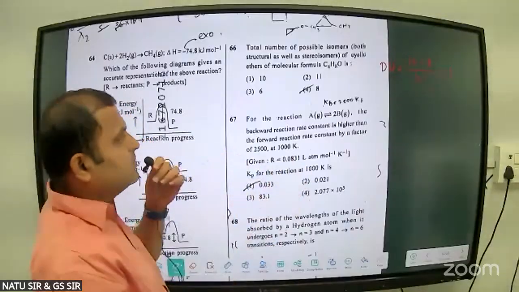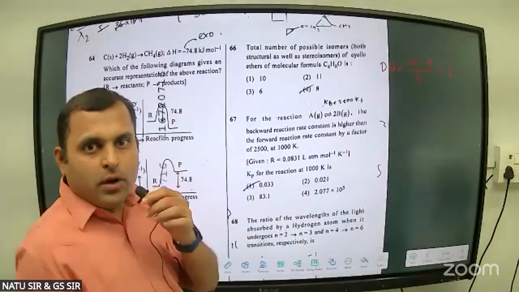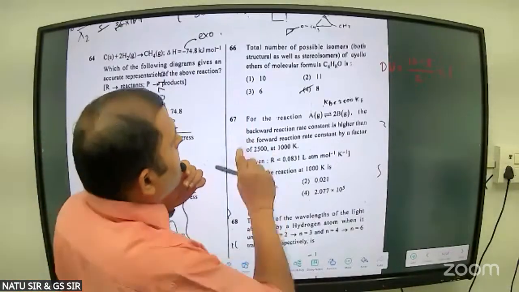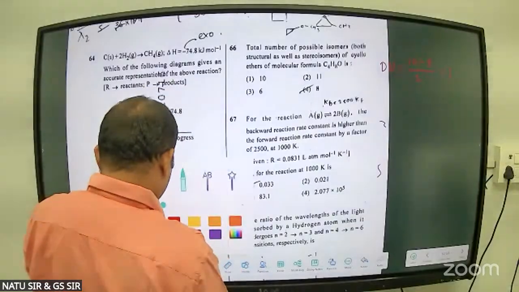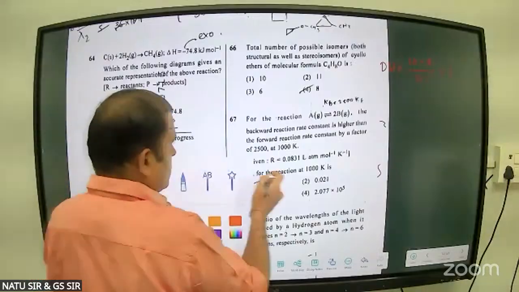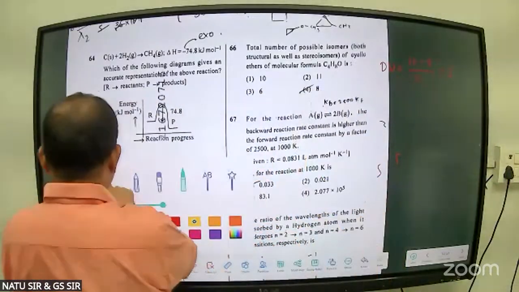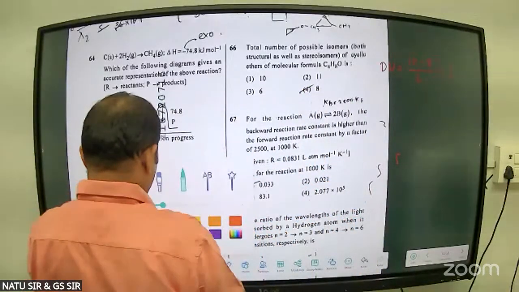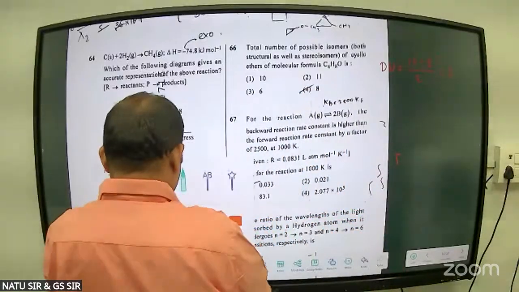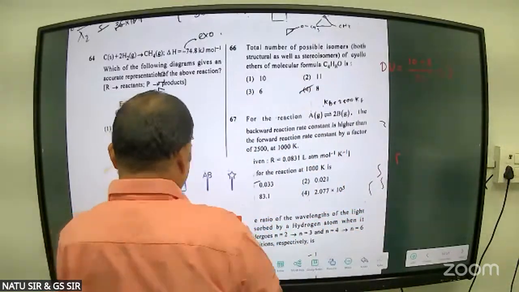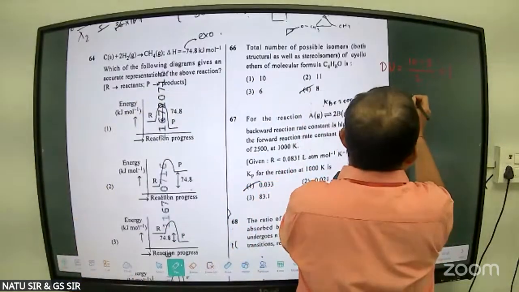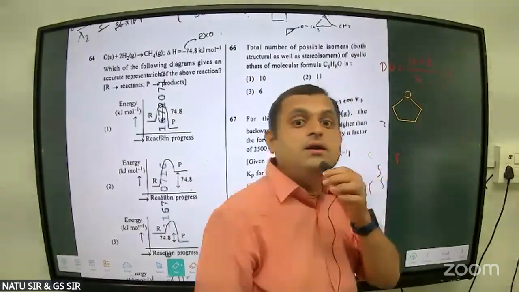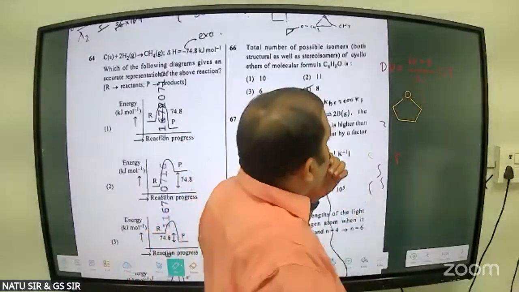So they have mentioned cyclic ethers. That means the ring is already incorporated. So inside the ring there will not be any pi bond. So it will be what? Ring with single bonds. So first let us draw all the possible structures for this. So let us first take all 4 carbon atoms as well as the oxygen atom inside the ring. So this is our tetrahydrofuran,